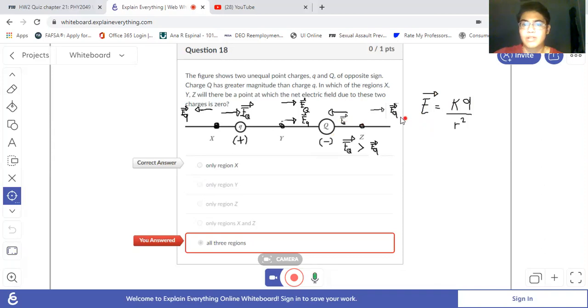In comparison, little q, on the other side, is going to have a smaller charge, and a larger radius, a larger distance,